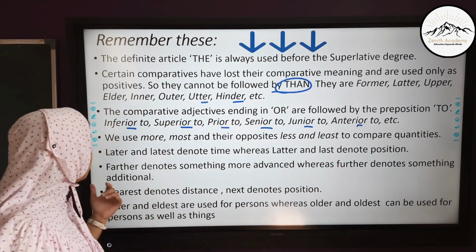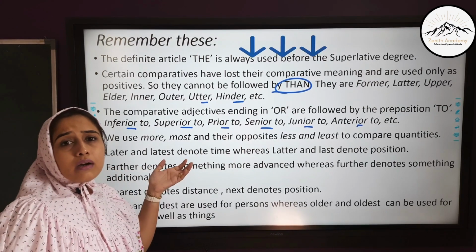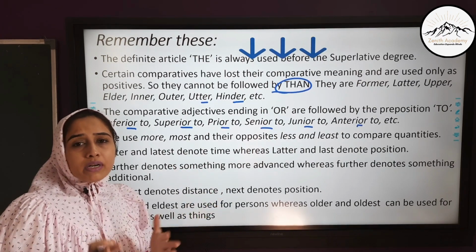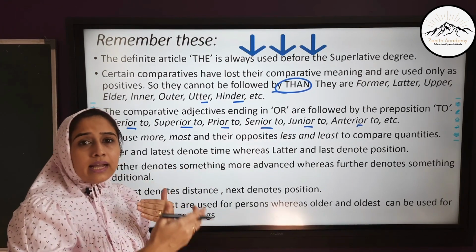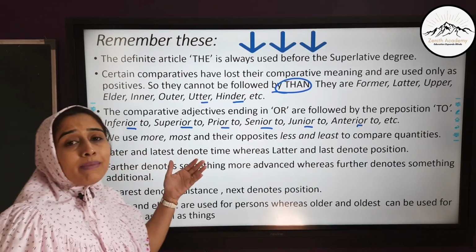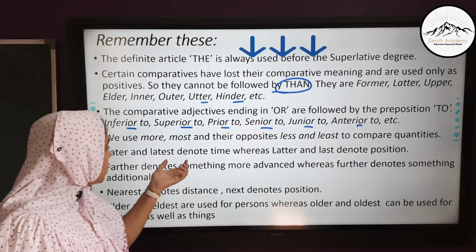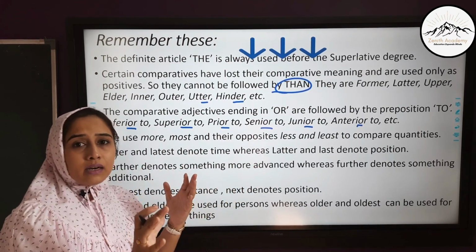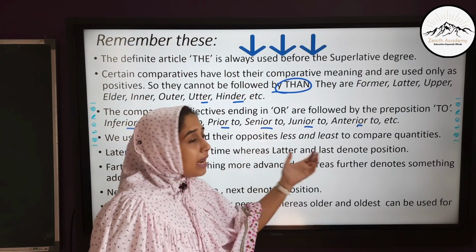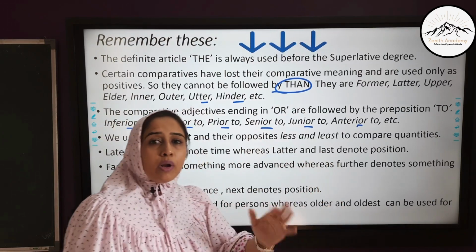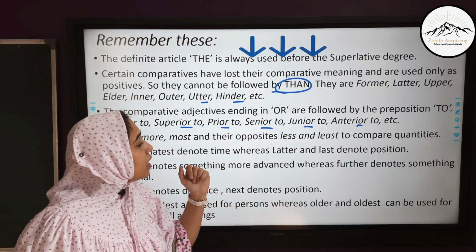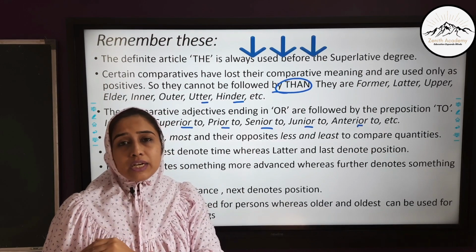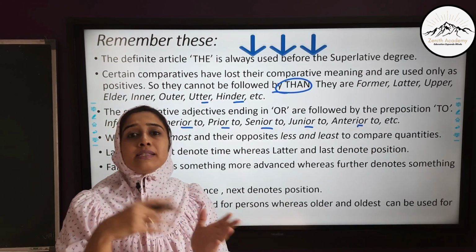Now what does this mean? He will be coming later than Seema. So here we are describing the time of a person who will be arriving later than Seema. He will come latest by 8:30 p.m. So here also we are denoting time in the superlative form, that he will be the latest at 8:30. Whereas latter and last will be denoting positions of people or certain objects. For example, if I say Ram and Shyam are brothers, the latter is more intelligent, where I am talking about latter. Latter means the second person.